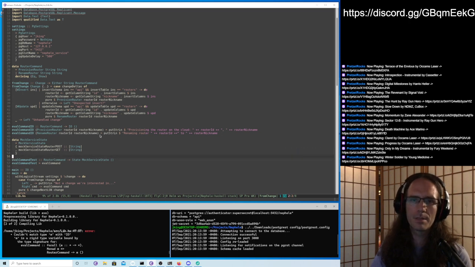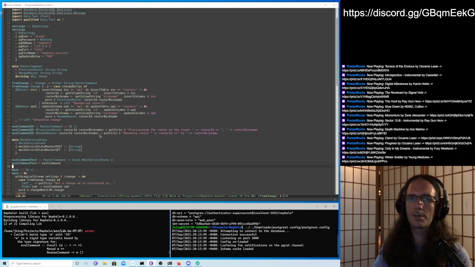So if that's some kind of mock monad or just a simple state thing where we implement all of the stringified versions of the HTTP calls that we want to make against our service, we can record them.